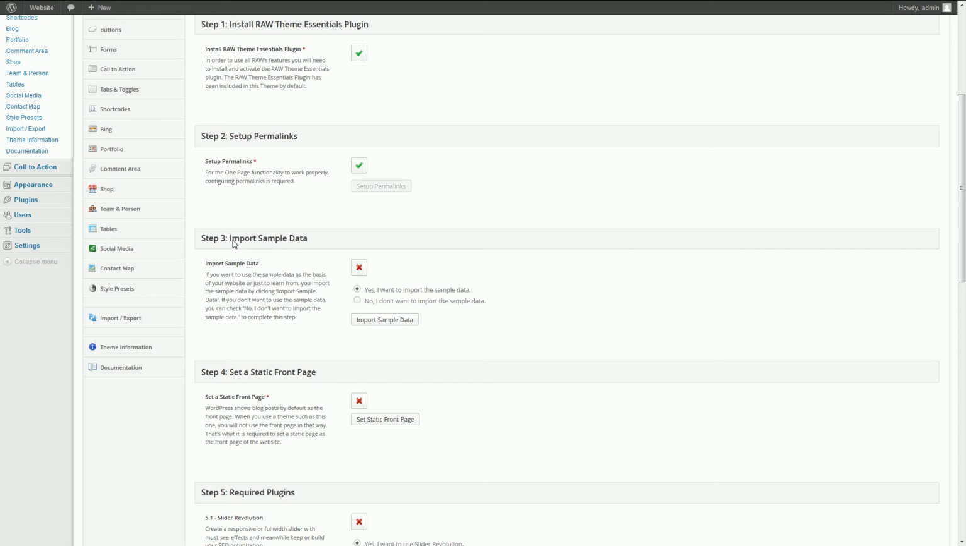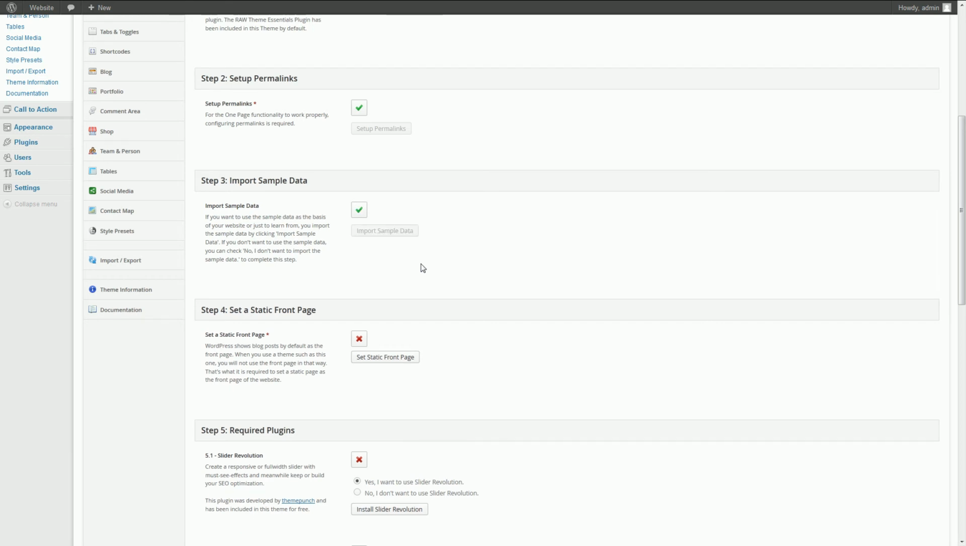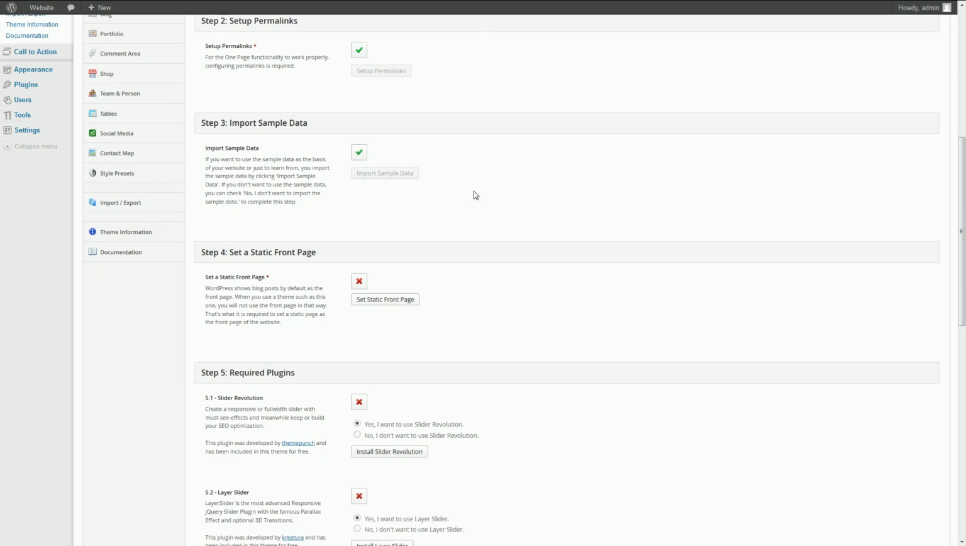The third step is optional, but for the purpose of this demo we're just going to import the sample data. So if you don't want to import the sample data, just mark this step as no, I don't want to import the sample data, and then it will be marked as completed. So we're just going to click here on import sample data. Then you will see that it's working. Once that has been completed, this will also be marked as completed,